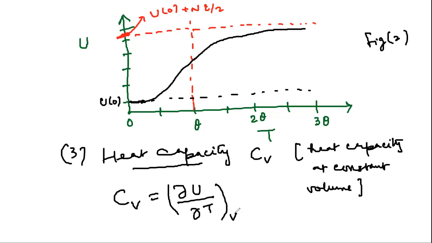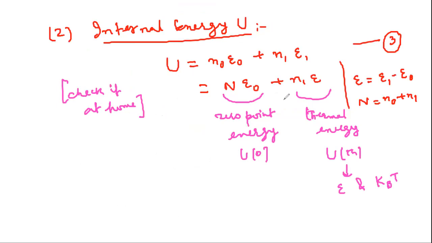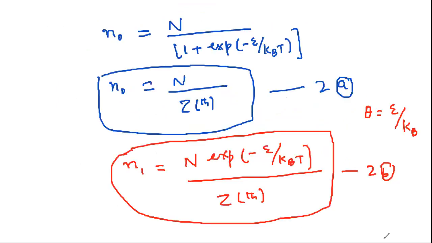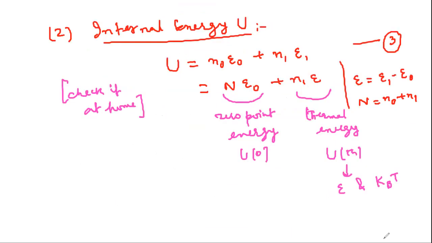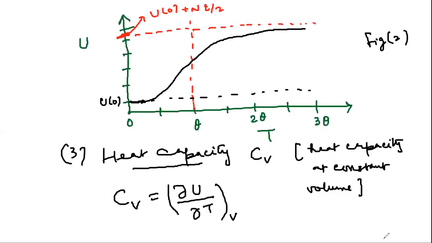I have the expression for internal energy, that is this. But in this expression 3, I have to replace N1 by the expression given by equation 2b. Then I will differentiate that internal energy with respect to temperature, treating the volume constant. When I do it, I will write directly the result. I will get this. CV